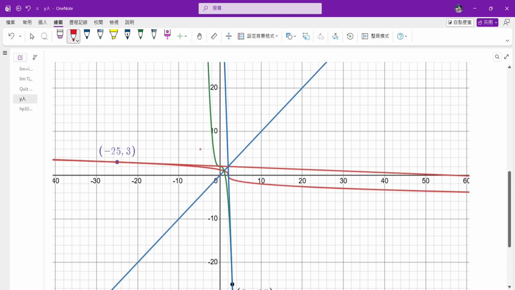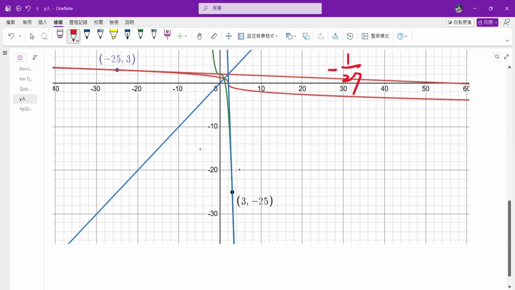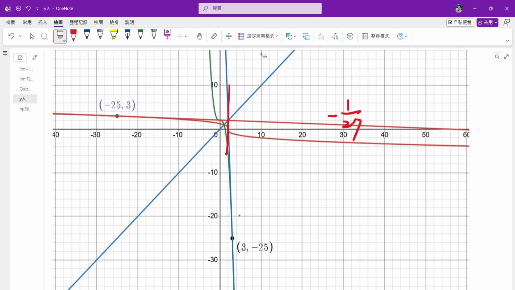We have two tangent lines. This one, the slope is negative 1/27, and is tangent to this point. And for this one, there's another tangent line. If you see closely, this line is nearly vertical. That's tangent to this point, and tangent to its inverse function, tangent to this function at this point, and